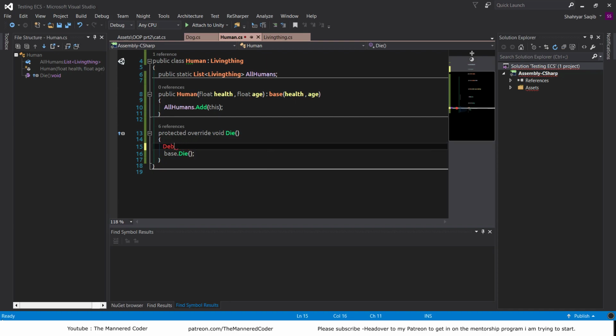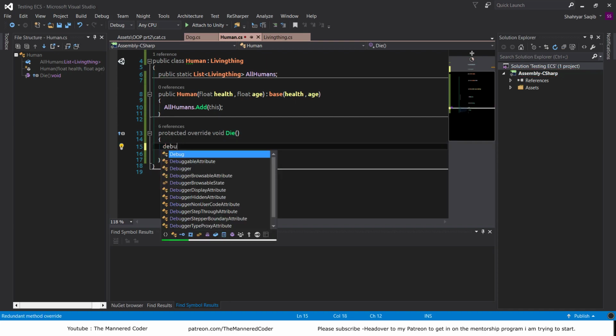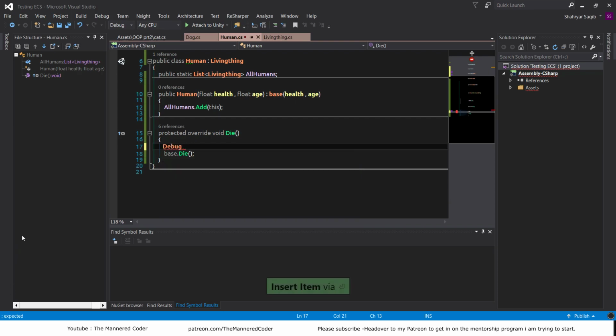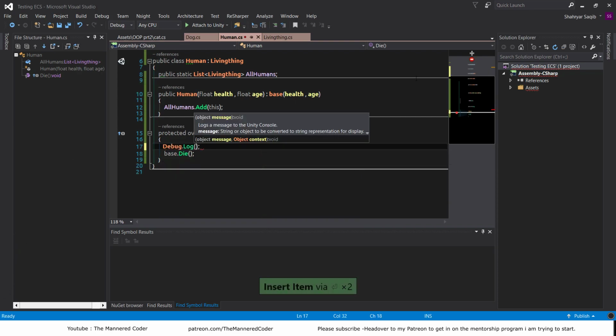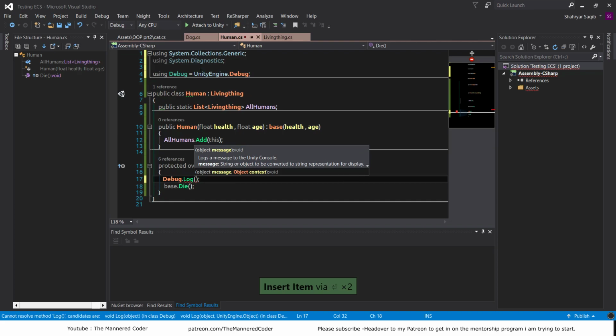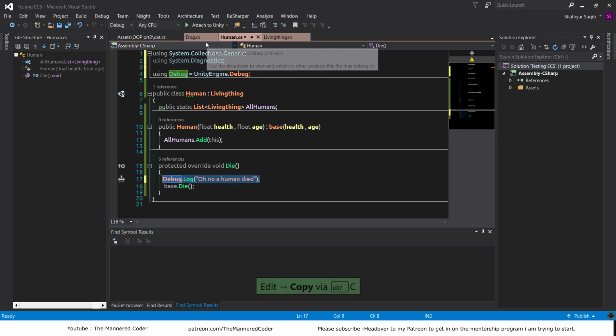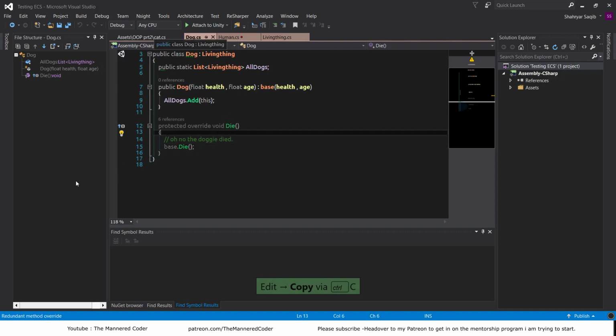Okay, this is bugging me. Debug. Okay, why wasn't it there in the first place, though? Oh well. Now the human says, oh no, human. Okay. And everyone else will say their own thing, which will basically during testing tell us that yes,